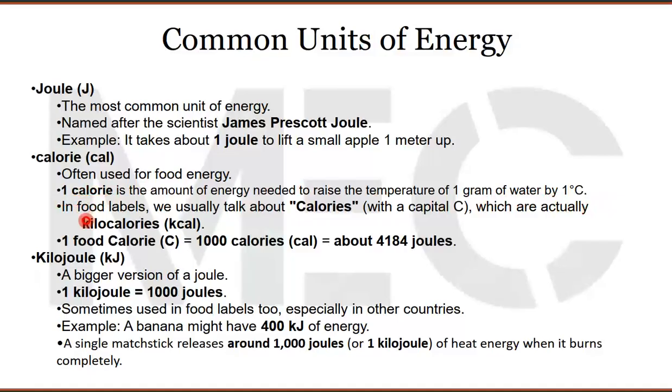Okay. In food labels, we usually talk about calories with capital C, which are actually kilocalories. So we call it little calorie and big calorie. A big calorie is written with capital C, a little calorie is written with lowercase c. So a big calorie is a thousand little calories. So 1 food calorie is equal to a thousand calories, which is about